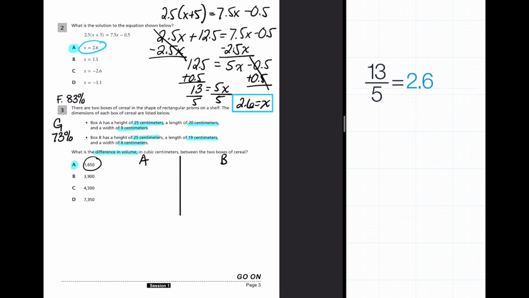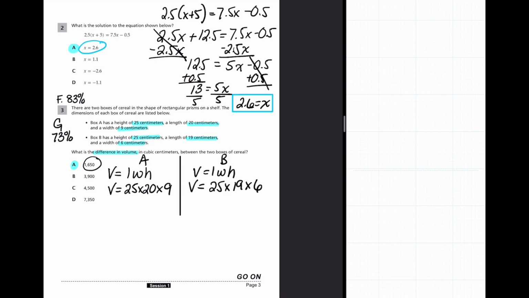Here's A, here's B. And let's plug in our dimensions. So for A, it is 25 times 20 times 9. And for B, it is 25 times 19 times 6. We'll simplify the first one. So 25 times 20 times 9, the volume is 4,500 centimeters cubed. And for our second box, 25 times 19 times 6, I get